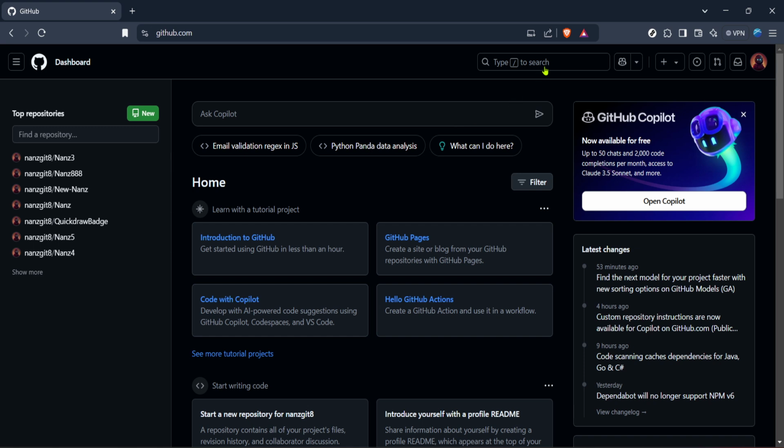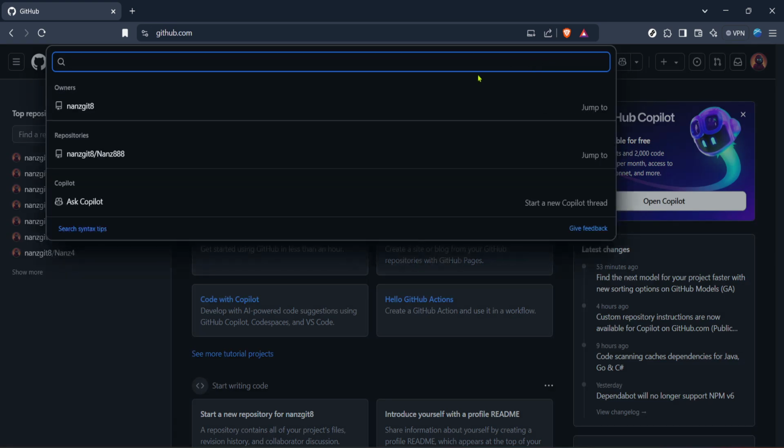Once on your dashboard, your eyes will likely wander to the search bar. But hold up, instead of typing manually, you can actually use a neat shortcut feature. Press the / key, that's the slash key on your keyboard. It's a handy trick for speedier navigation and gets that search bar ready for you right away.